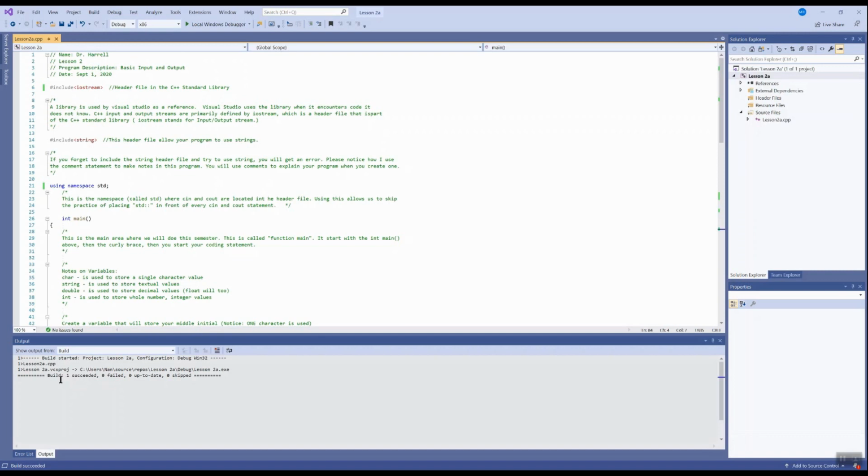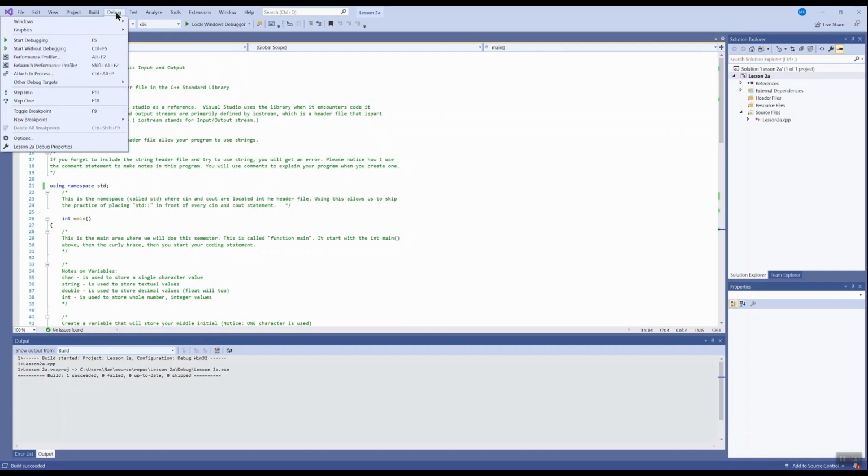So now my program, all the syntax errors are gone, but I don't know what my output looks like. I don't know, if I was doing math, if my results would be correct. So now I have to actually execute my program. So once you get no syntax errors anymore, you get a perfect ending like this, then you go up to the top and you go to debug. But because we've already debugged it, we want to start without debugging, or you could do Control F5 and that would do the same thing. Let's click it,